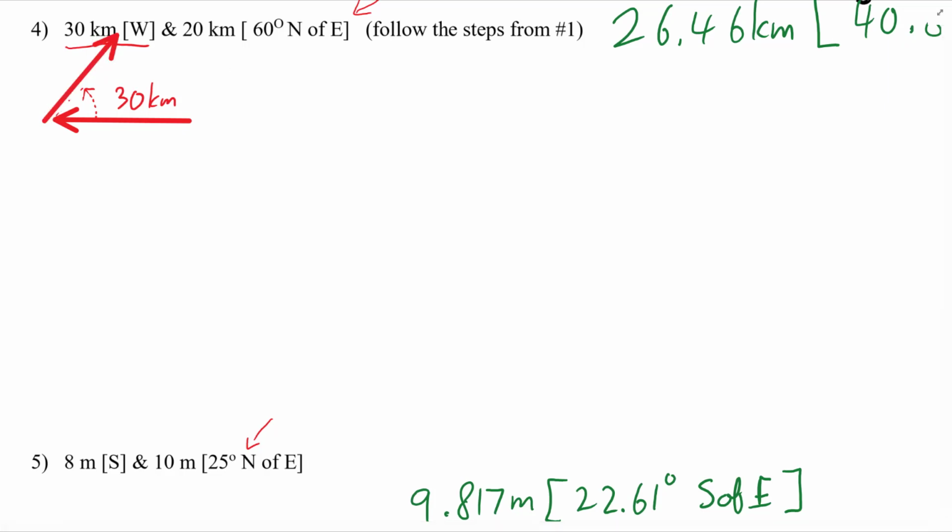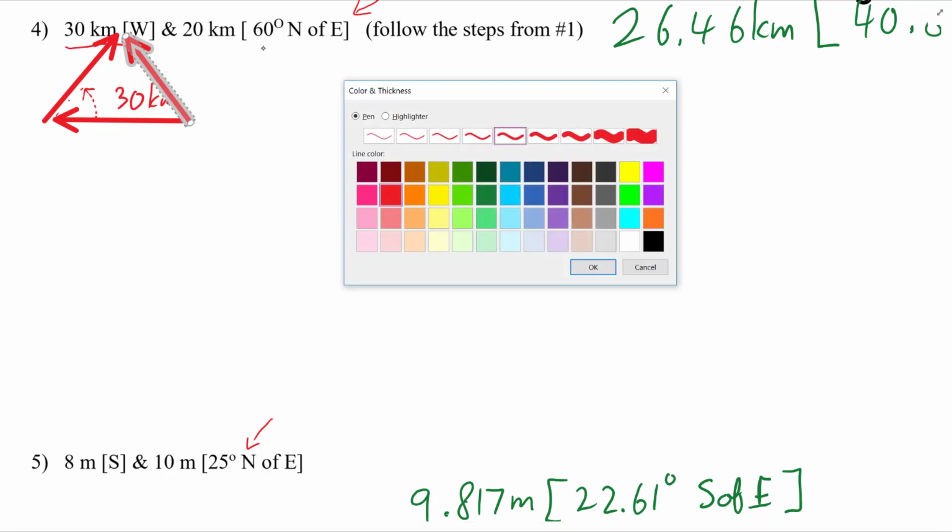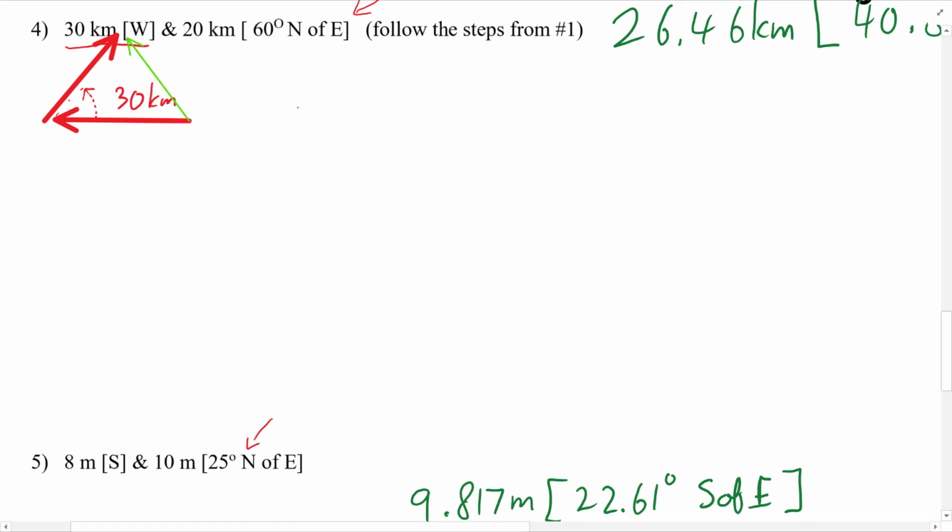So the resultant vector, I will make green in a second. It'll start off red, but I'll change it to green. That's the resultant vector. Make it green and make it thinner. That's the resultant vector, and that's what we wanted to label. That's what our end result vector is going to be. Okay? And we want to be able to figure out what that angle is and what the length of that